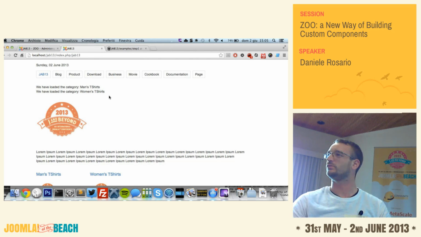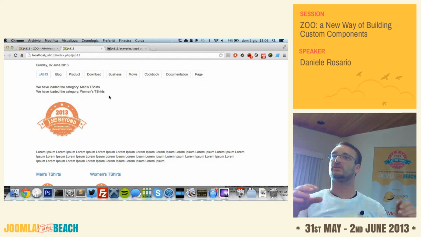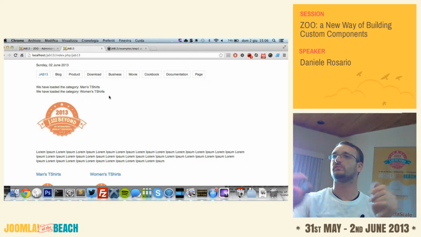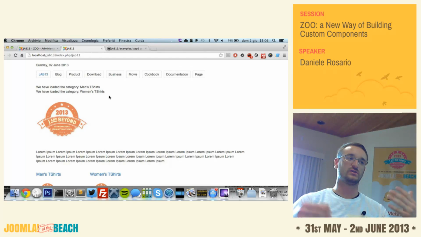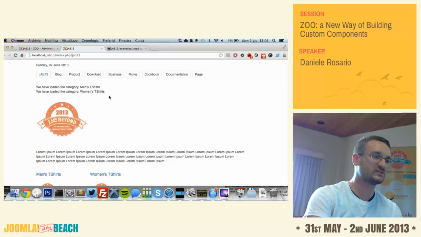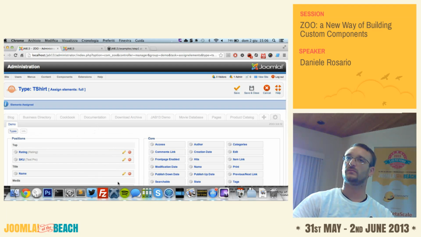Zoolingual. I don't know if you use it, but basically it's a plugin that you can install in your Zoo environment and brings multilingual features to Zoo in a very easy way. So instead of having something like Joomfish, in which you have your component and then you go to Joomfish or Joomla Translation Manager or whatever to copy each instance of your item in the various languages, in your Zoo element list, you can just drop in one element per language,